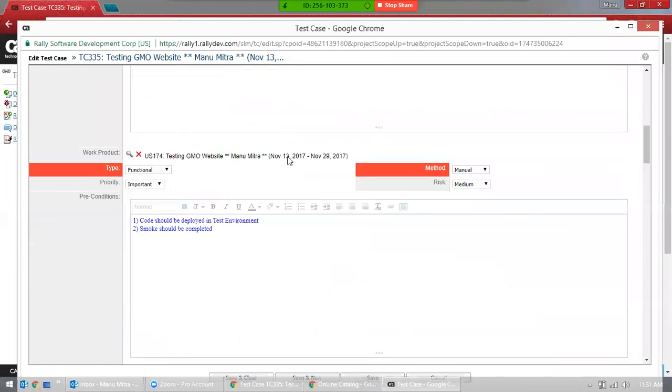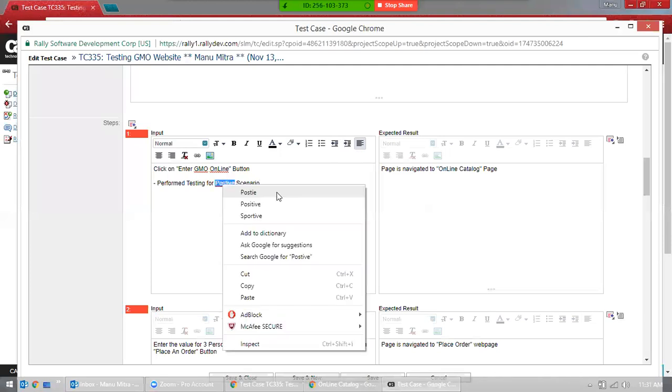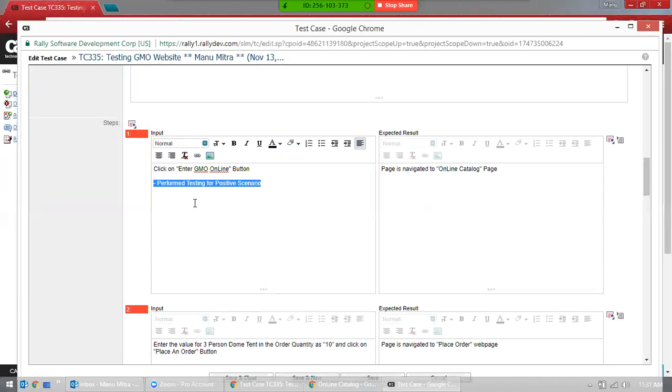So what we want to do is, here what you want to put is: perform testing for positive scenario. Perform testing for negative scenario, and perform testing for boundary values.